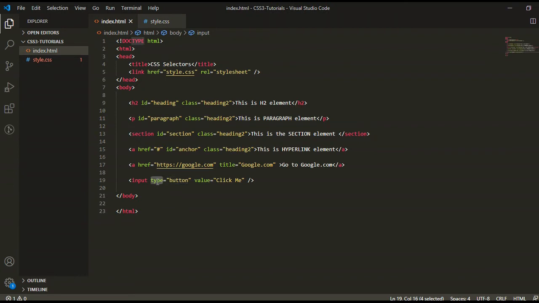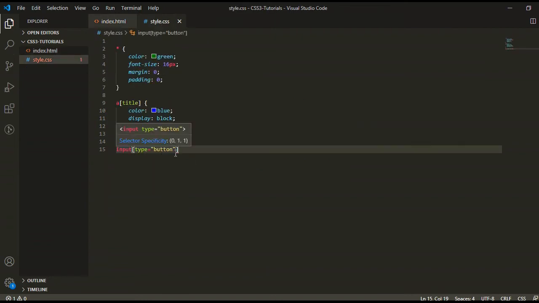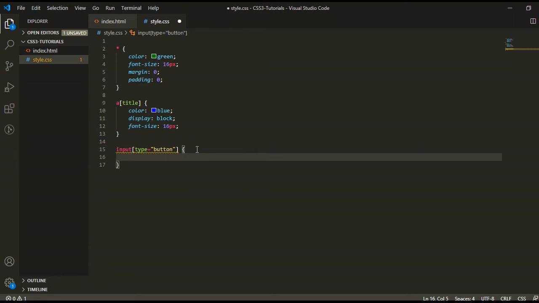Our attribute name is type and its value is button. So we have given it here. Now the curly braces, and we write some CSS rules for this input type, like